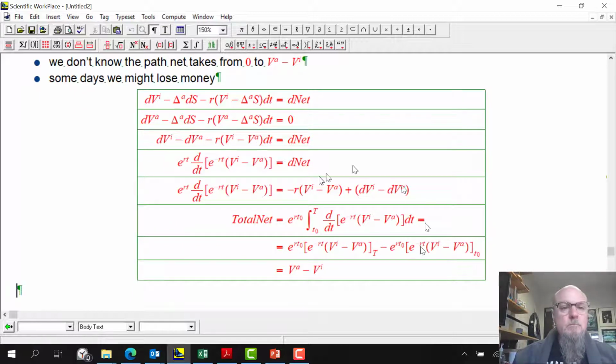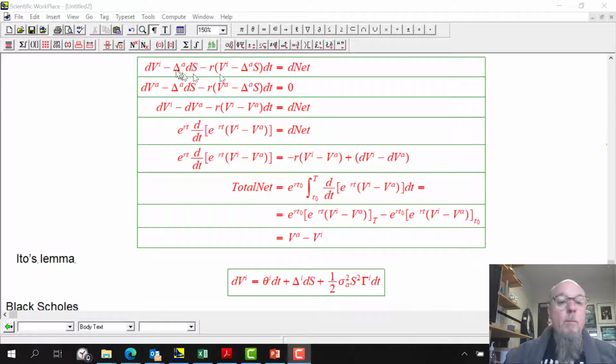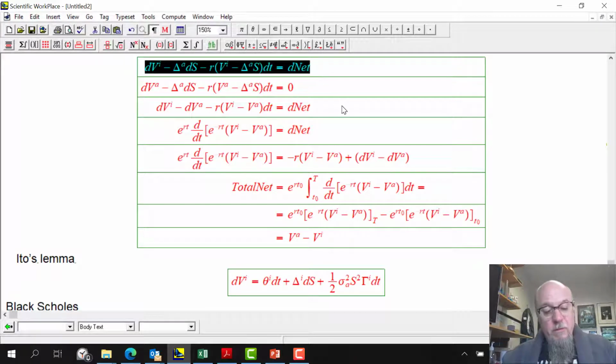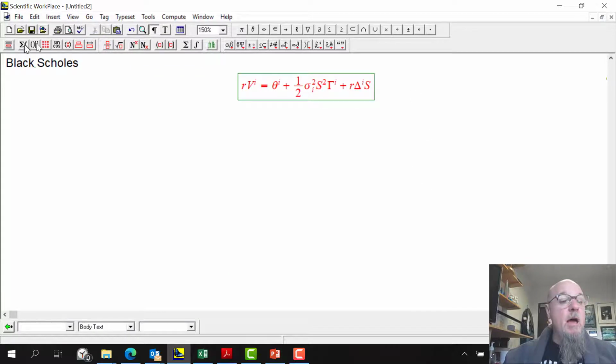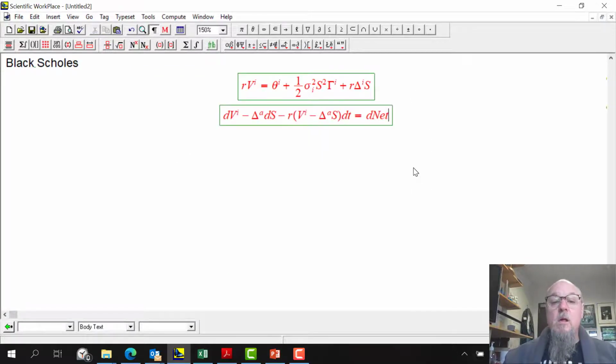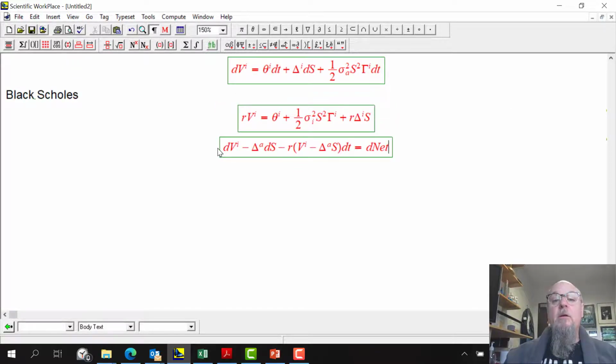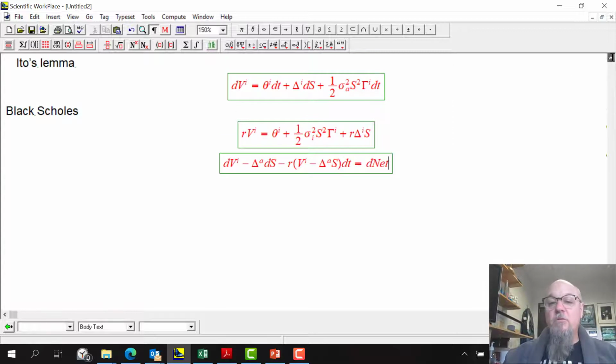All right, well, so I'm going to take one of the changes, one of the little changes. I mean, we summed up all the changes, but I want to see what happens to just one of the little changes here, the change in the net. I already know what the total sum of them is. And let's investigate that. I've got a couple of facts here. Using Ito's lemma, I've expanded the value of the option at implied. So that would be equal to its derivative with respect to time, dt, its derivative with respect to stock, ds,